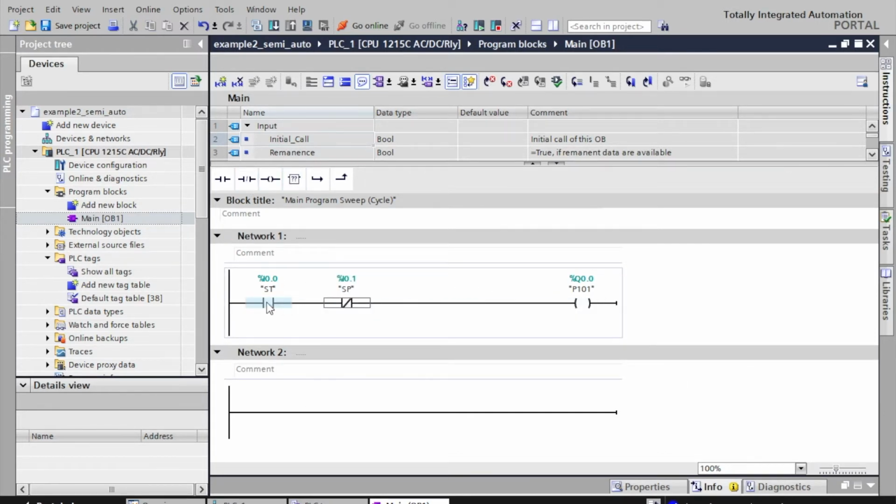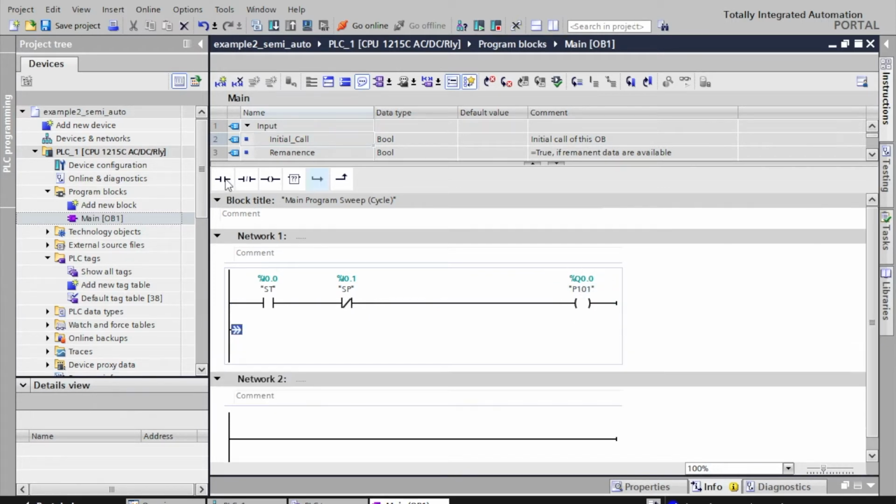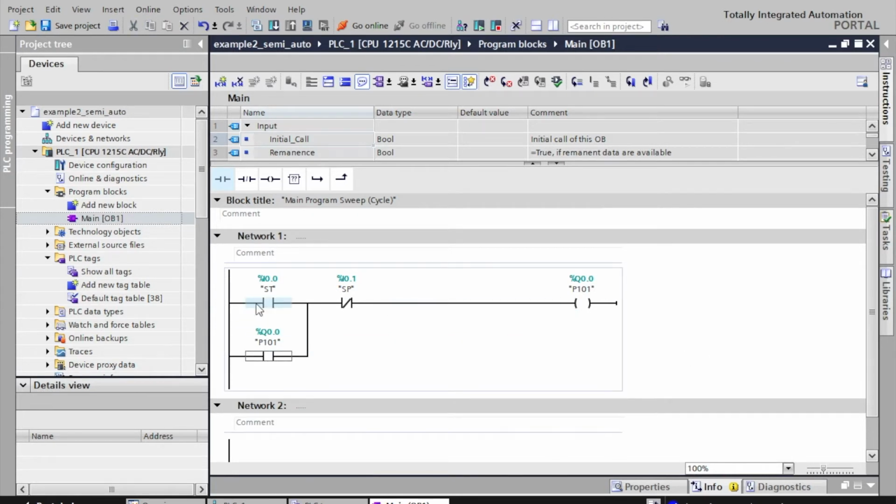Pressing start will activate pump 101, and pressing stop will stop pump 101. To make sure pump 101 is latching, you have to do the latching circuit. Pressing start will activate pump 101, and pump 101 will continuously run